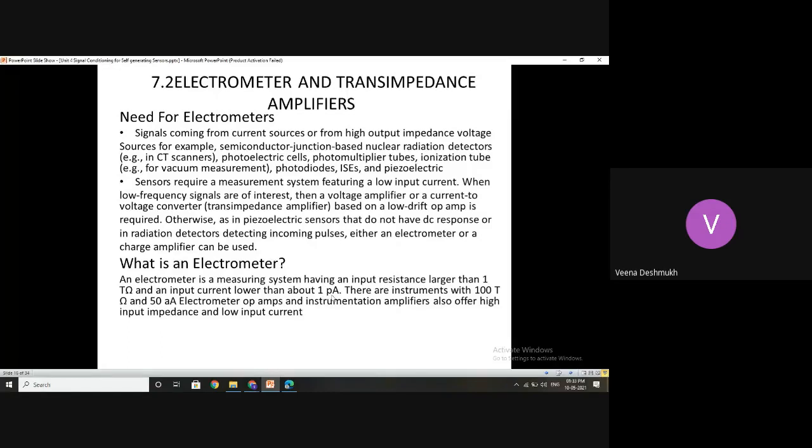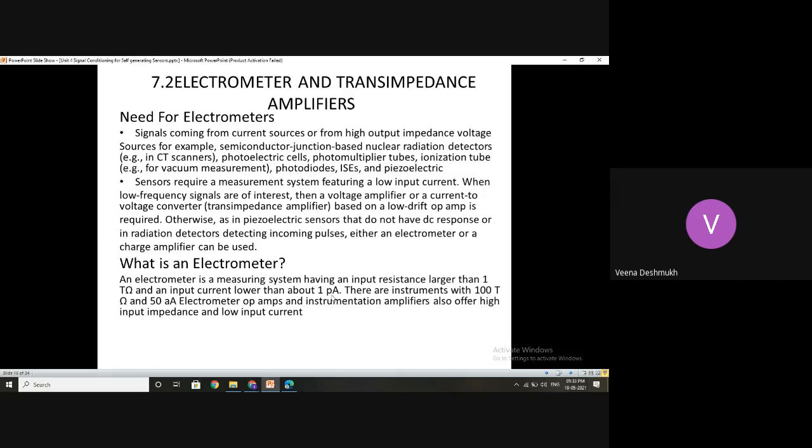Now, what exactly is the meaning of this? If the input impedance is very, very high, the current definitely will not flow through them. If you imagine this as a two-port network, and the input impedance observed from the input end is very, very high, then this lower value of current naturally takes another path which is having lesser resistance than this. So it can flow through the other path.